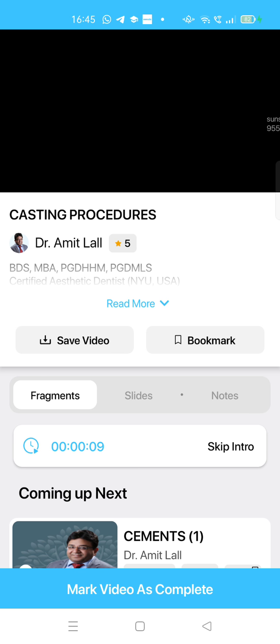Okay, then after this is done, you recover your casting. Firstly, the step is quenching. When you recover your casting, put it in very cold water. This will put cracks in the investment material, and ultimately it will be very easy to remove the gypsum. You all have tried removing gypsum from the mixing bowl. Once it sets and you put some cracks in it, it comes out very easily.